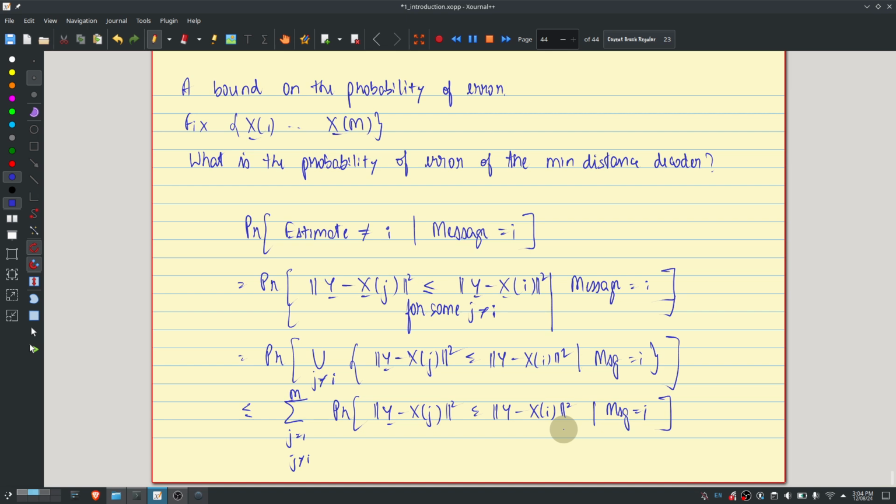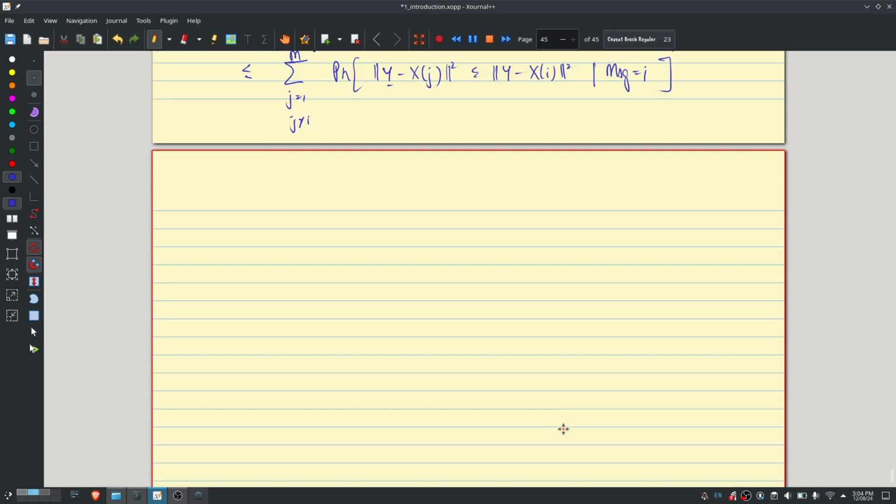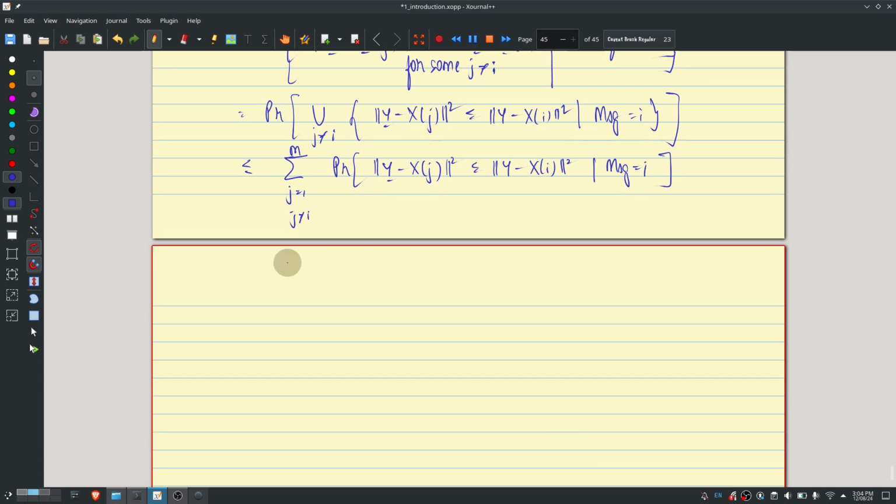So now this probability only depends on a pair of code words, x of i and x of j, nothing else. It doesn't depend on the rest of the code book. And that in particular makes it much easier to handle. Right? So the overall probability of error